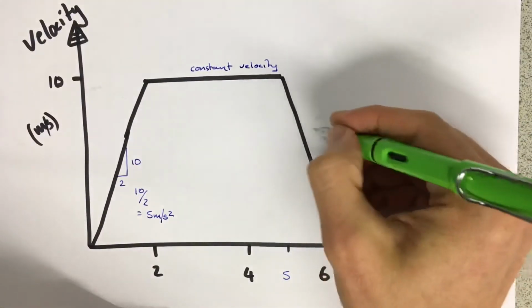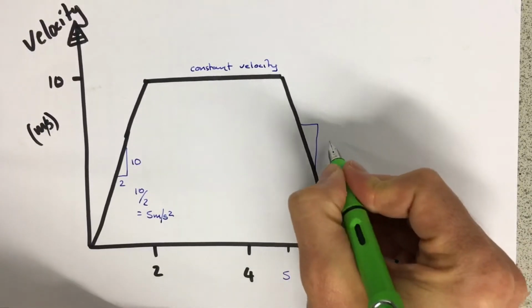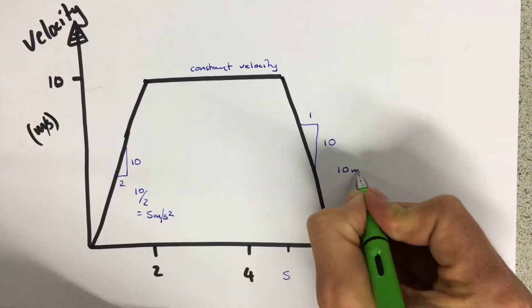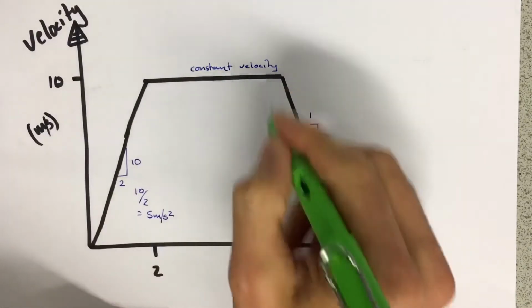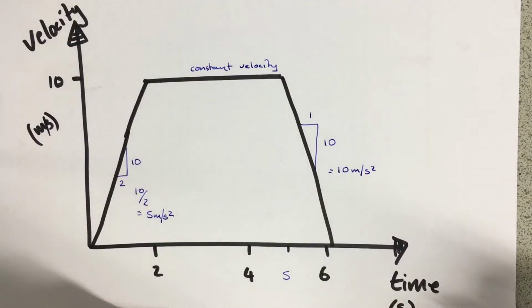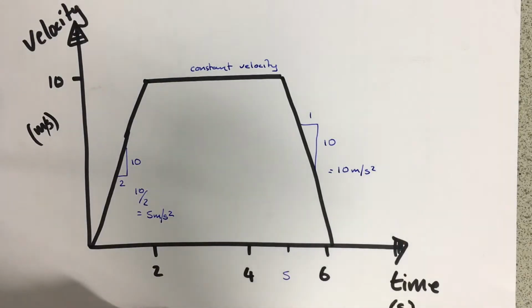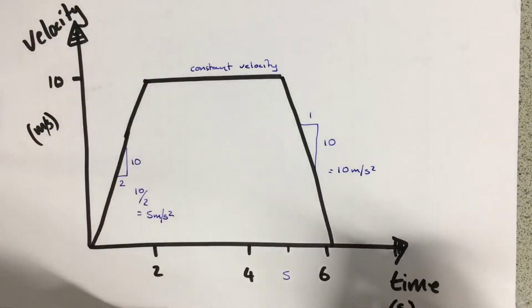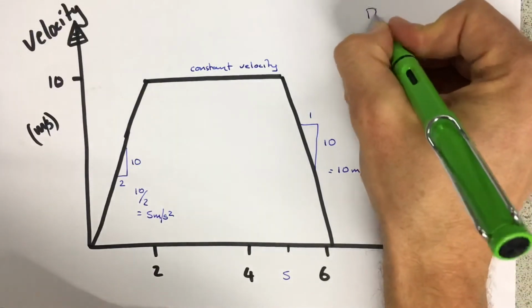And then we've got on its way back down, I'm just going to do my thing again here. So it's gone down by 10, and that's at 1 second. So I've got 10 meters per second squared this time. Okay, so the gradient of these lines is equal to the acceleration of this object. But there is an extra thing that we can do, particularly if we're in the higher tier. Because velocity is effectively speed and time can be used to find distance traveled,